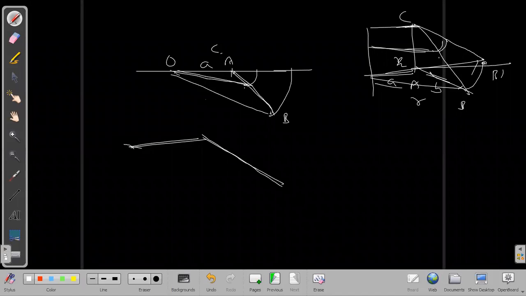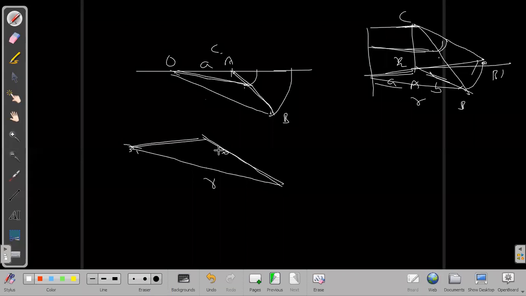Say something. Is it R by 2? Yes, sir, it would be R by 2. How? If it is R, how will the midpoint also be R by 2? Wait a second. If I look from the top, it doesn't seem to me to be R by 2. I don't know in what way you are saying it to be R by 2.